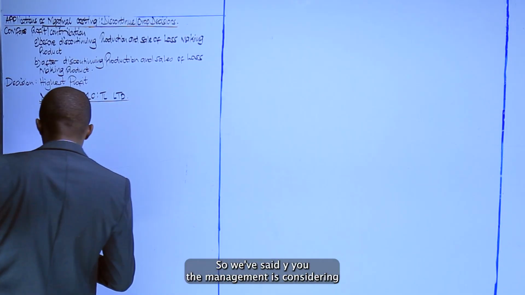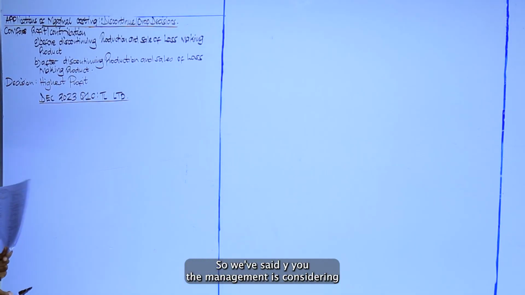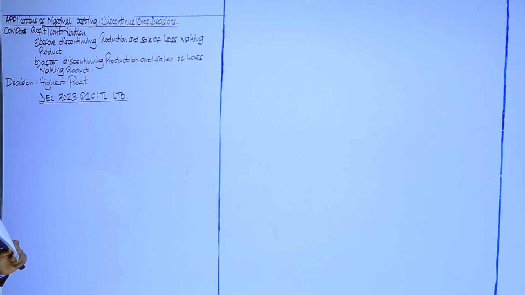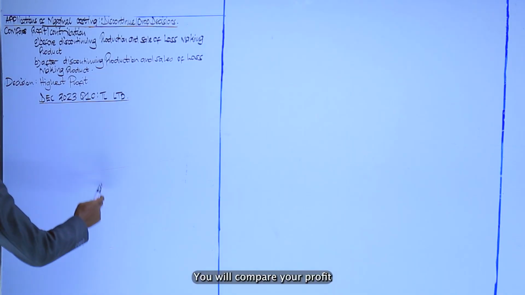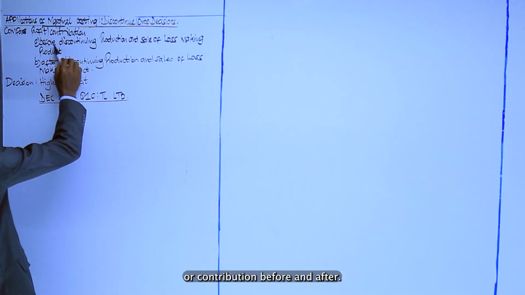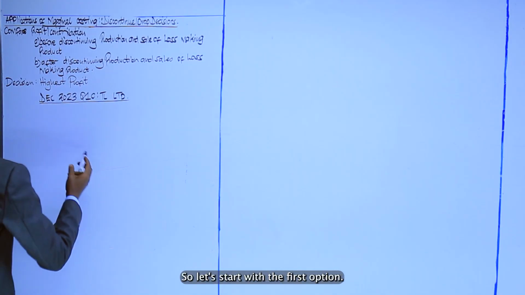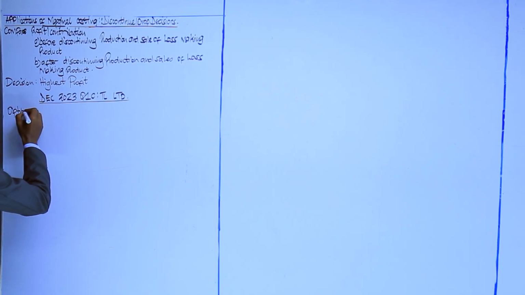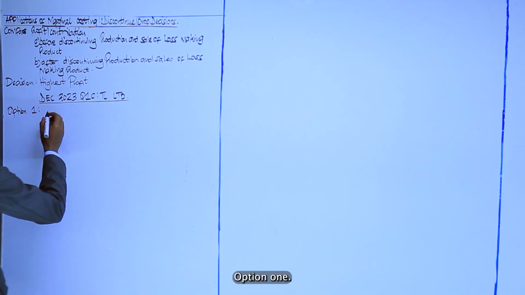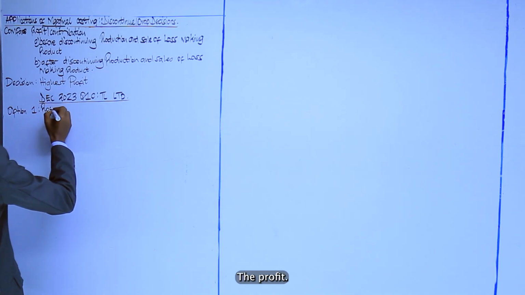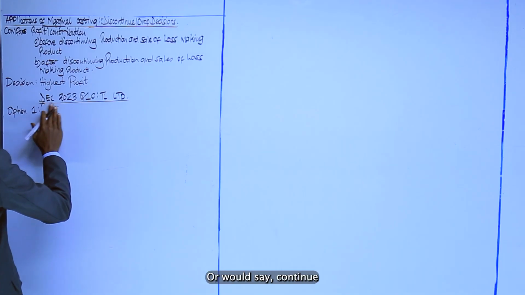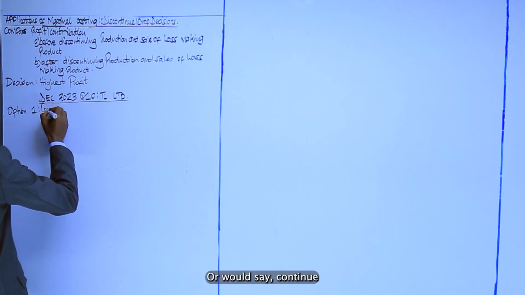Alright, so we've said why the management is considering whether to produce a product or to stop its production. You will compare your profit or contribution before and after. So let's start with the first option. Option 1. The profits, or we would say, continue producing